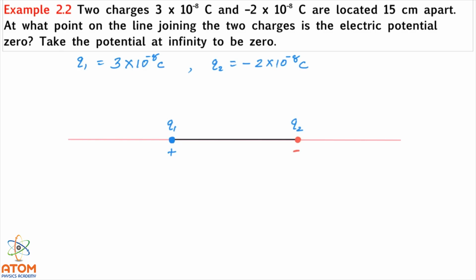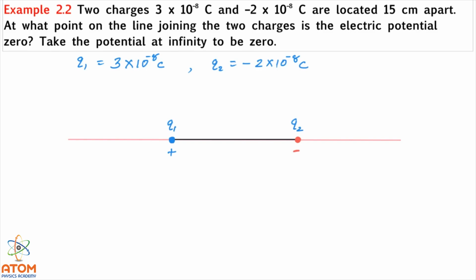We are talking about electric potential. Now what will happen here? Let us see. This is positive and this is negative charge, so if you place any point here somewhere, then due to this positive charge, potential will be positive. Due to this negative charge, the potential here will be negative, and that's why by adding them, it will become 0 at some point. I am not saying exactly at the center because one charge is plus 3 and another charge is minus 2. So it is not possible at the very center, but somewhere it will happen that potential will be 0. And obviously the point will be close to the smaller charge.